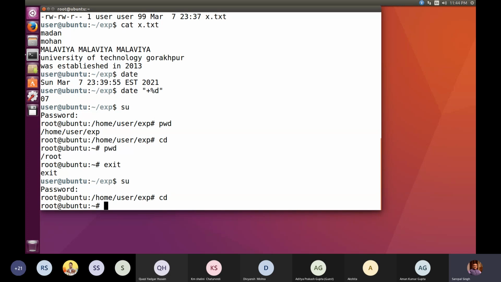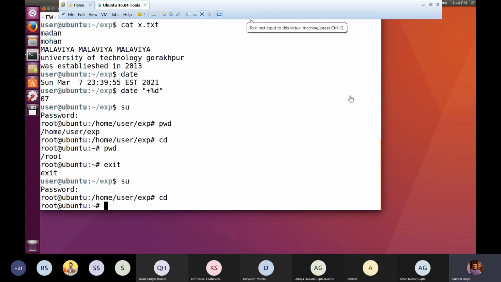So I'll explain to you how we can set the date tomorrow. And by the way, I'll share that cheat sheet of VI Editor. So I expect that all of you must practice all the commands. And if you are having any problem, please let me know so that I can clear your doubt. So I'm ending my session here only.